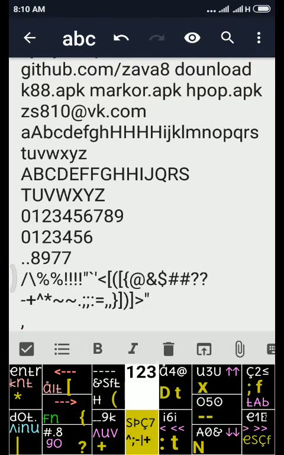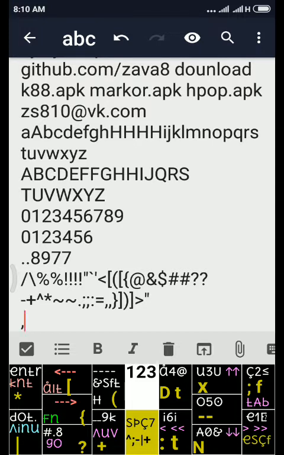Okay, so almost all the symbols are there, there is no symbol which is not there. All 32 symbols are there, so it covers every symbol. Now forward slash, capital. Now what is pending: percentage, at the rate, dollar, ampersand, hash, question mark. Now we will see, because this right side key is almost used for numbers, characters, symbols. So what is the use of the left side?